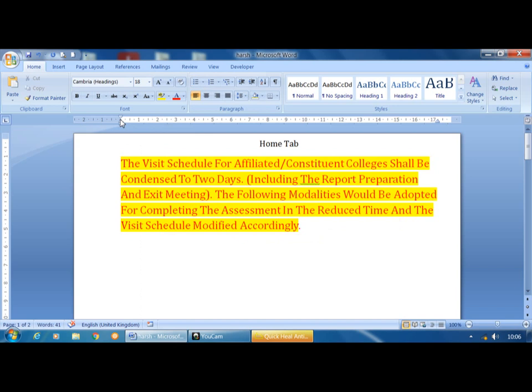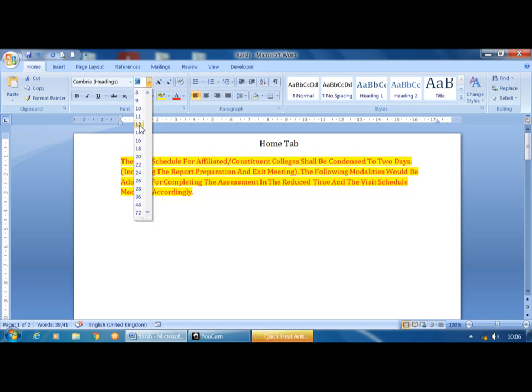See here, you can easily view them. First one is first line indent. I will copy and paste the same text four times. So what you have to do is just click on copy, then place the cursor here and click on paste.